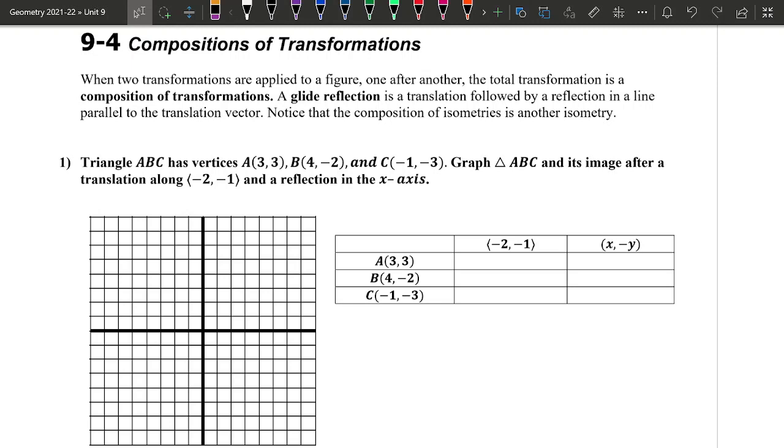A composition of transformations is doing more than one transformation. I've already gone over all three of them, so really this is just a good way to practice reflections, translations, rotations. There's one specific composition that has its own name. I'm not really sure why this one has a name and none of the other ones do, but a glide reflection, which this one is a glide reflection,